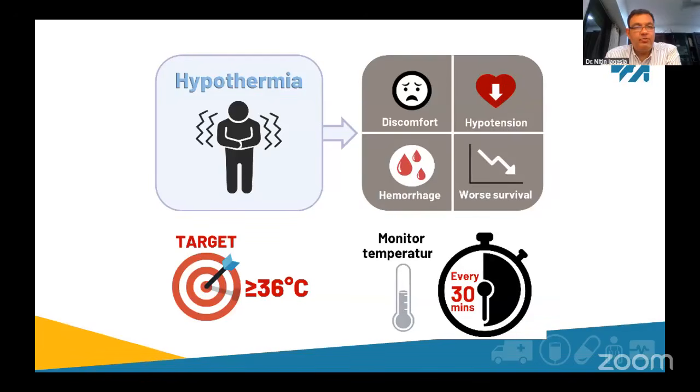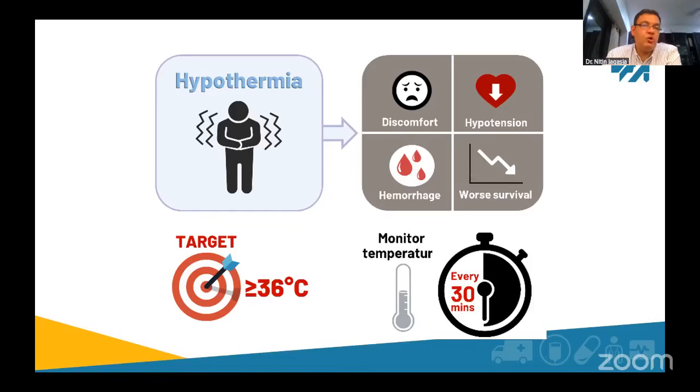Exposure, hypothermia. We've gone through the triad of that. Now it's diamond and so on. But bottom line is hypothermia is not good. It doesn't help. It actually pushes the downward spiral for a trauma patient very quickly. So again, if we are not measuring this, we will not be able to identify or prevent or treat the hypothermia.